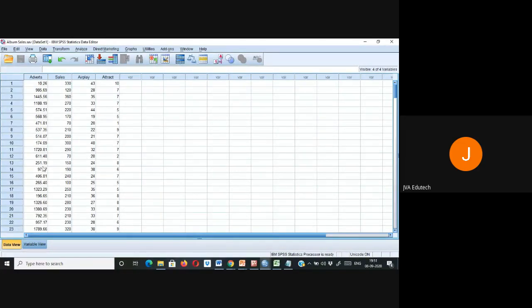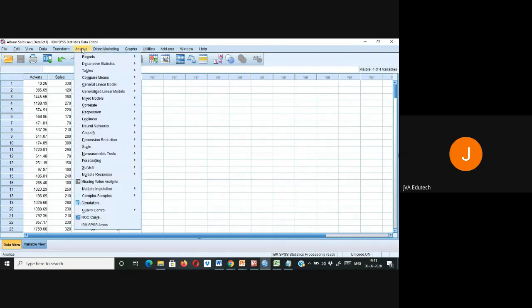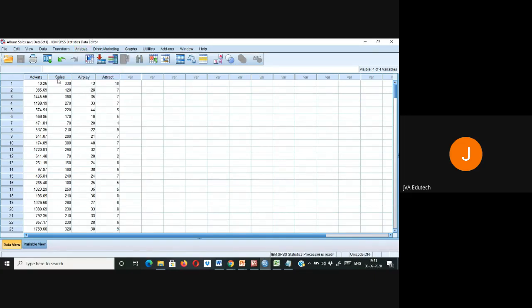Please remember, this is data taken at different points of time. Then 145.56 pounds, now it has only 360 sales. So like this there is a variation. Now based on this data, they want to predict how advertising is going to affect the sales. So it's a case of simple regression, or regression with one predictor variable. Here we have only one predictor variable, and that is advertising spends.